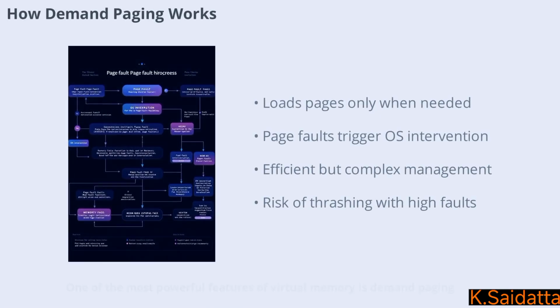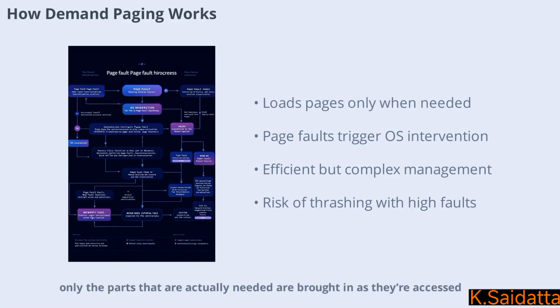One of the most powerful features of virtual memory is demand paging. Instead of loading an entire program into RAM at once, only the parts that are actually needed are brought in as they're accessed. When a program tries to use a part of memory that isn't currently in RAM, a page fault occurs. The operating system then steps in, loads the required page from disk, updates the page table, and resumes execution. This process makes memory use much more efficient and allows for running programs that are larger than the available